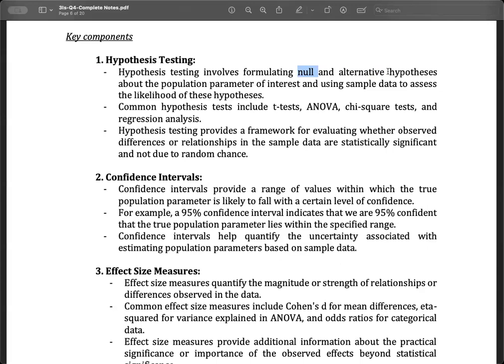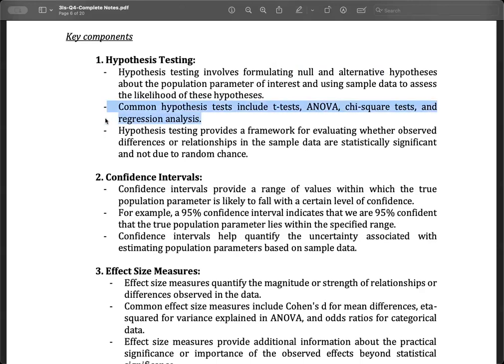Most statistical analyses are based on the acceptance or the rejection of your null. So the null hypothesis is what we're going to use. It's always going to be no difference, no significant relationship, absence of a cause and effect relationship. It's always null. Now, common hypothesis tests would include your t-tests, ANOVA, chi-square tests, and of course your